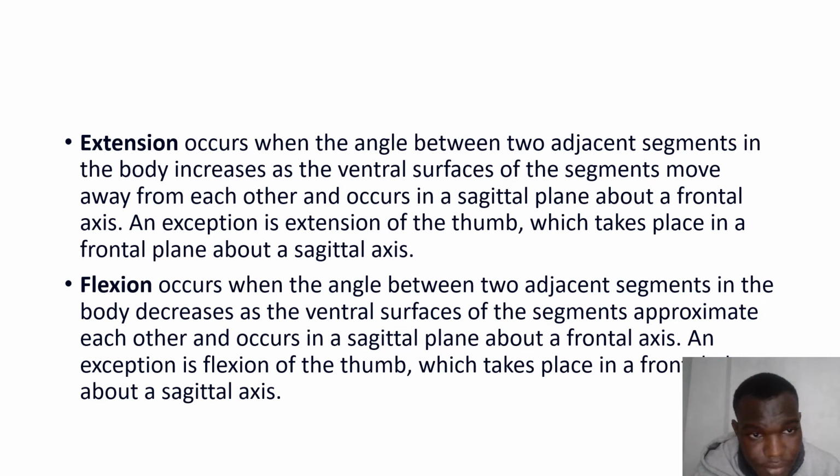plane. All right. So extension and flexion, I've already explained, occurs when an angle between two adjacent segments in the body increases as the ventral surface of the segments move away from each other. It occurs in a sagittal plane, which I've already explained, about a frontal axis, which I've already explained. The sagittal plane is like a division in my body, left, right. If flexion and extension are occurring like this, then what is holding this structure together